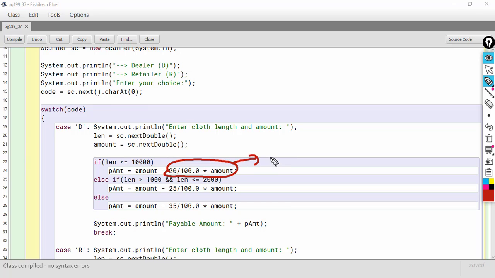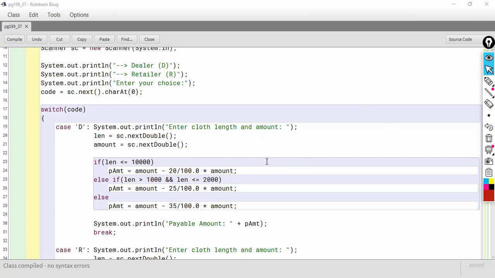20% of amount, and this one is the total amount. So when I subtract discount amount from total amount, I will get the payable amount, and that is stored in PAMT.